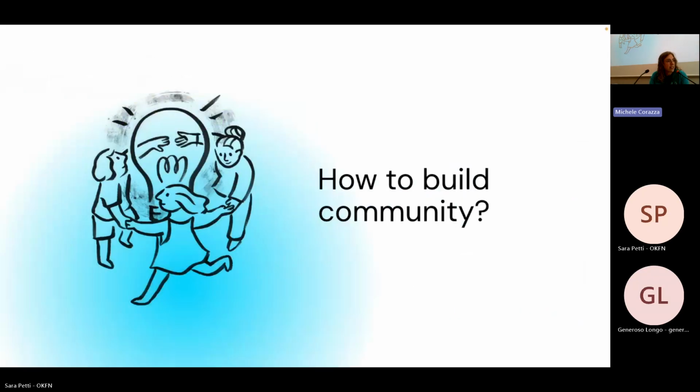Some of the other things that we've been thinking about is how to build a community. And this seems like a very simple question. But once again, it's 20 years that Open Knowledge Foundation is building communities. But when we arrived at a tool like Open Data Editor, which is a tool for non-technical communities, it's not as simple and straightforward as one would think, in the sense that it is very clear why someone would join a technical community.